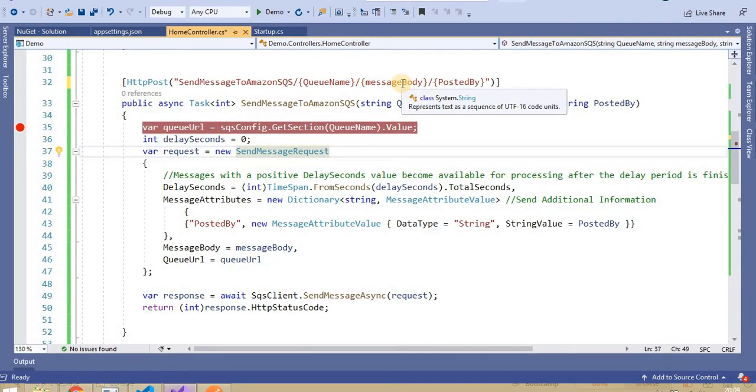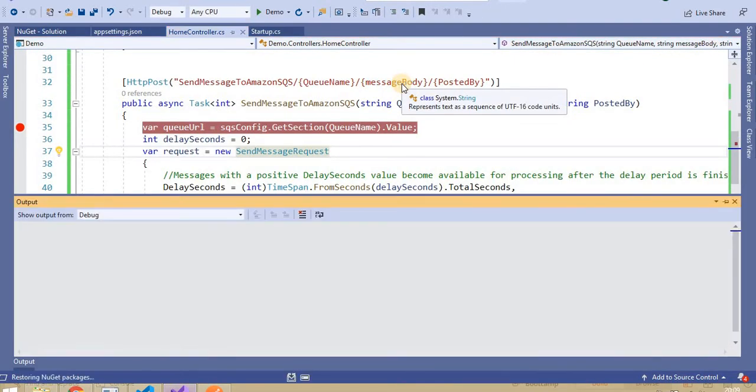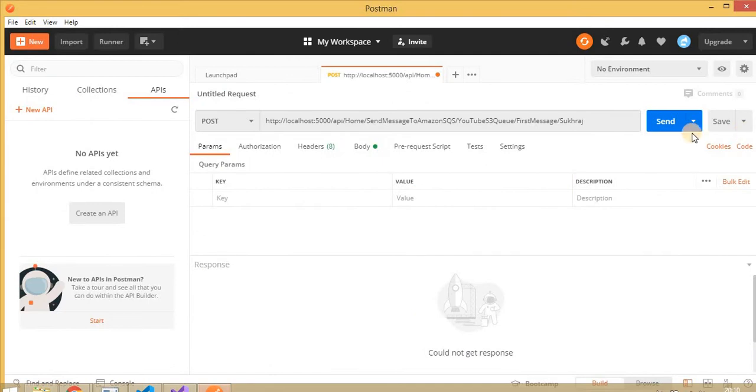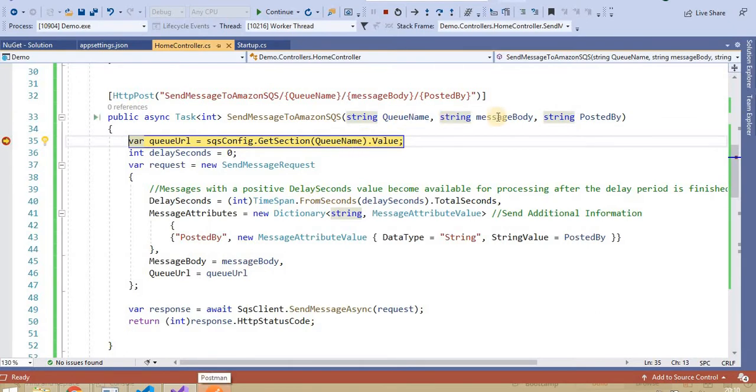Let's rerun the application. After correcting this parameter, let's hit this one again. Yes, now we got the message body. What we got is the first message.